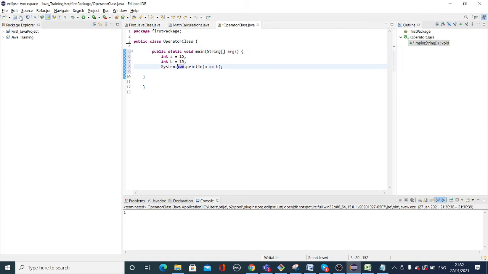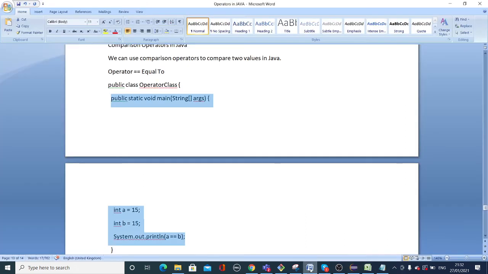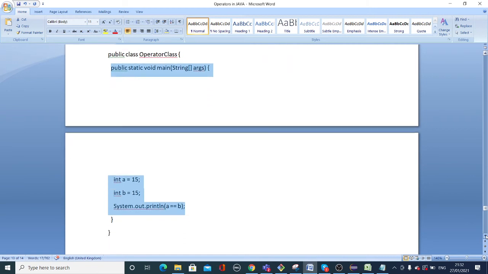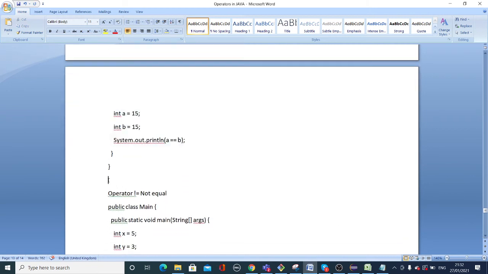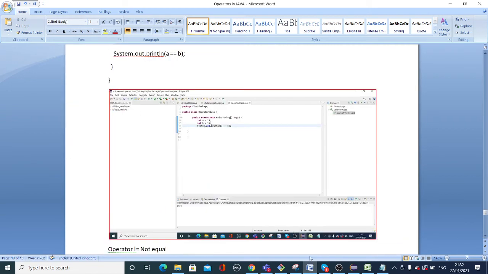So this is true, because they are equal, and that's why it is printing true. But if I change the value, the result will be written as false.